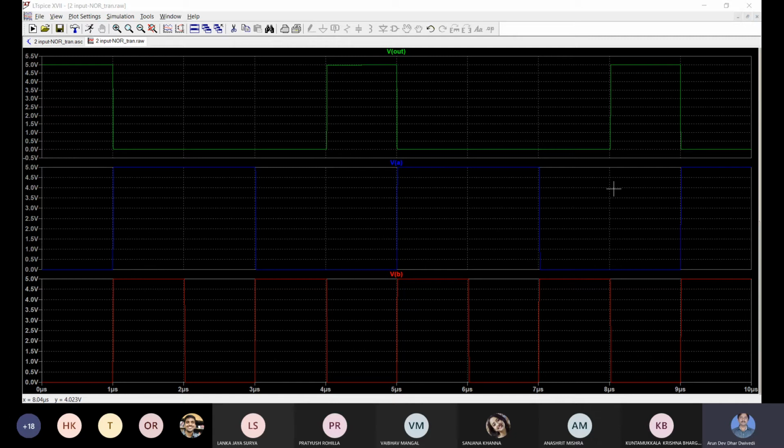So in this way it is repeating in the same fashion. Here it was high, then here it is high again. So the NOR gate output is coming repeatedly, the same nature repeated. The output of the NOR gate is high at the point when both the inputs are low, A and B both low. And if any one of them is high or both are high, then it is low. If input A or B is high or both are high, then the output of the NOR gate is low. So this way the truth table of the NOR gate is verified.